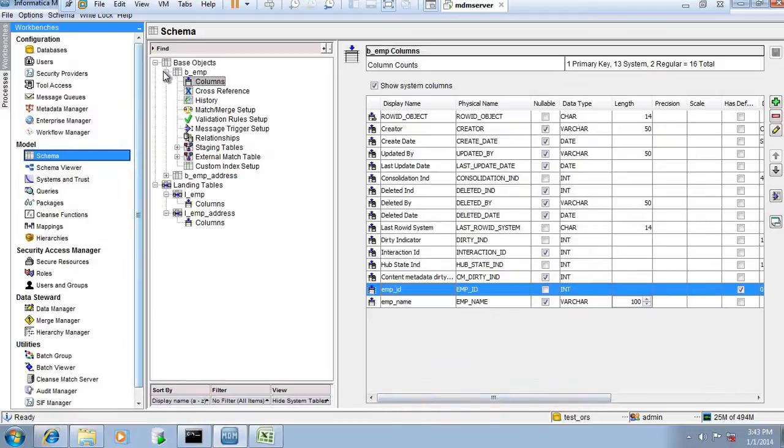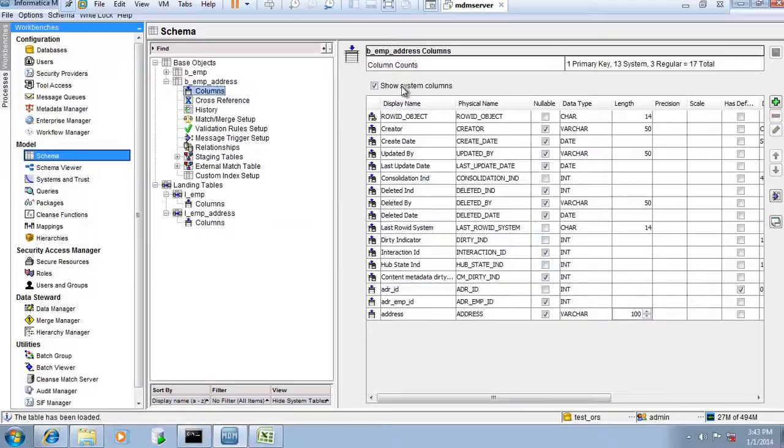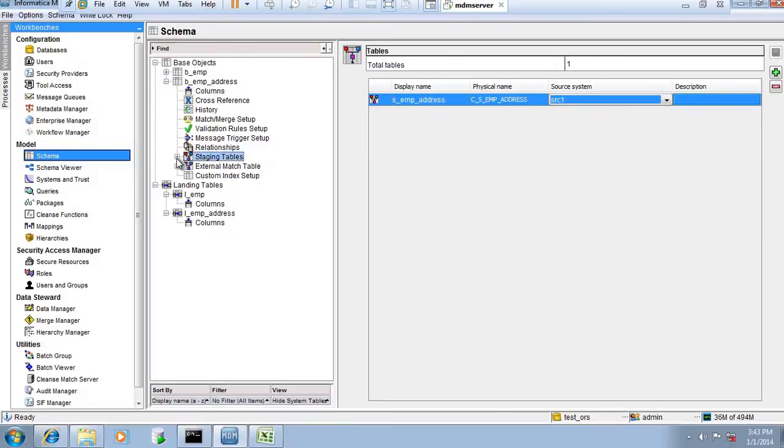For other base object tables you can see we get the same system columns. In all base objects we get 14 system columns, and all have the same significance.